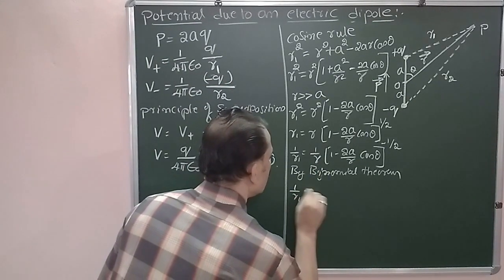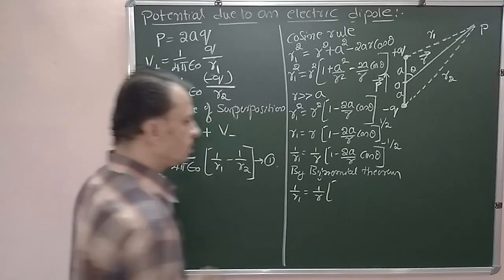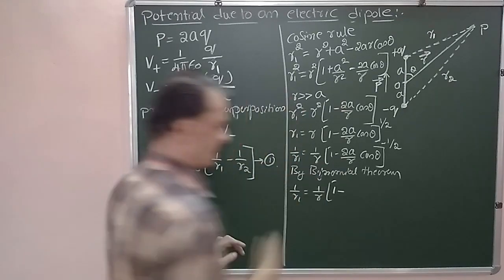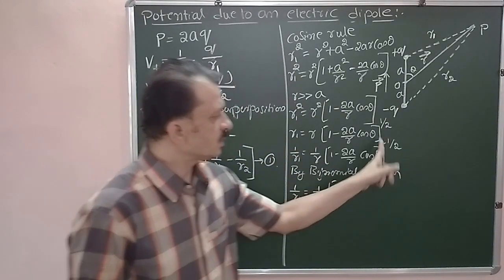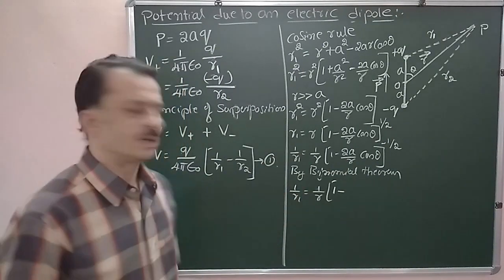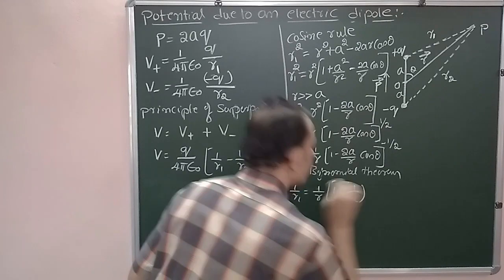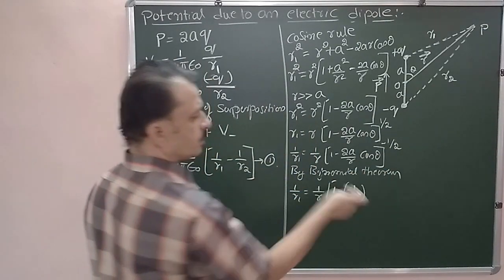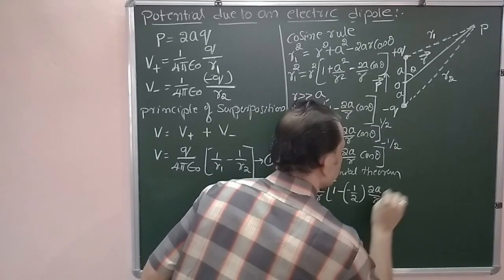Therefore I am getting 1 by r1 is equal to 1 by r into 1 minus, we have to multiply this power, that is minus half, to the second term, that is 2a by r